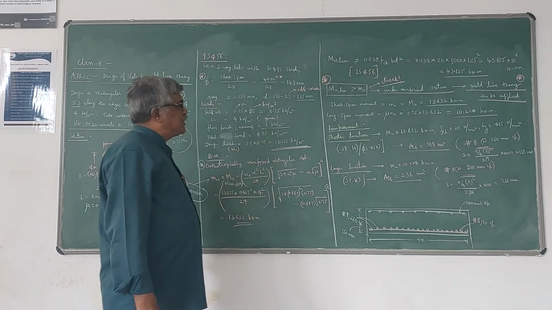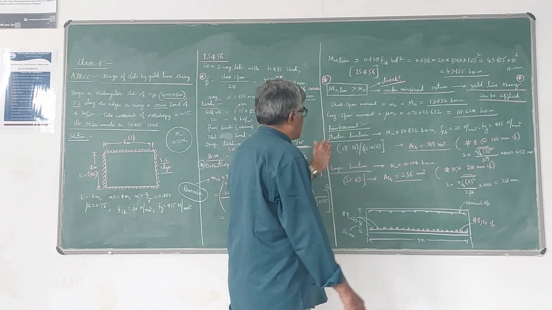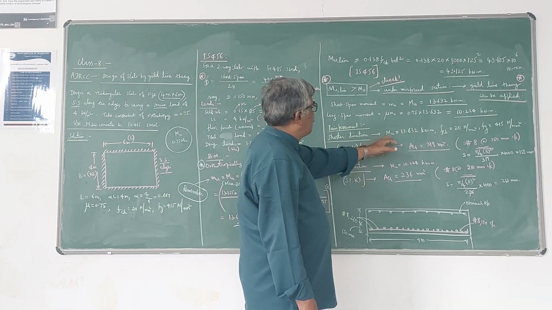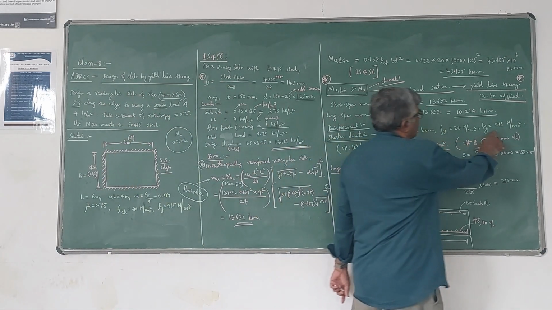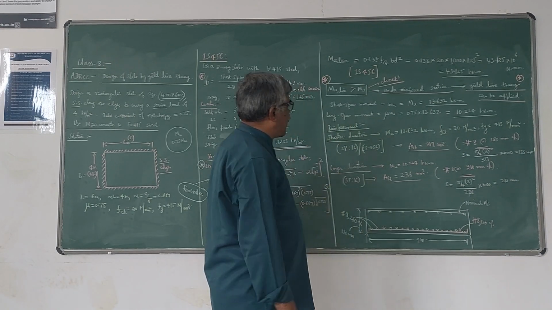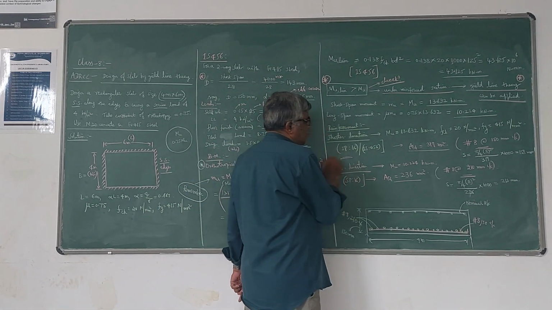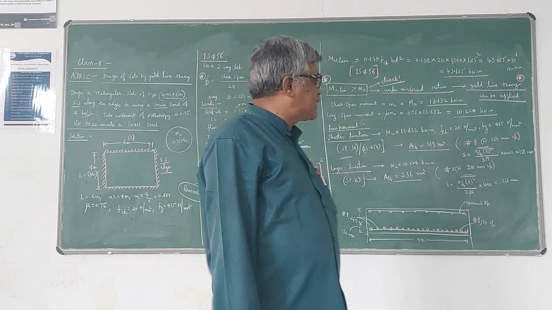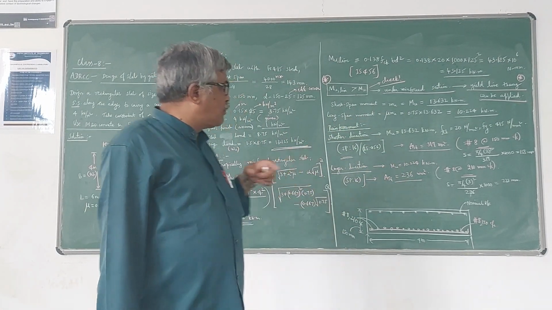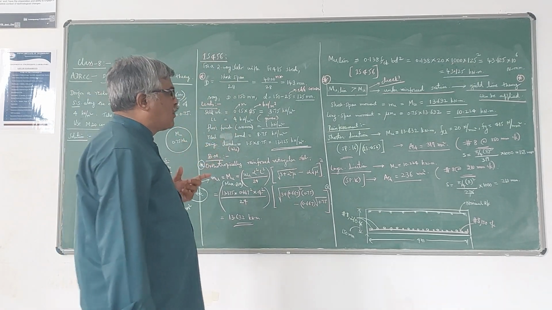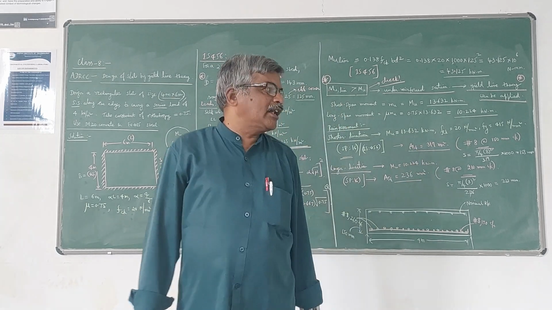Now the design runs like this, similar to your design of reinforcement in a two-way slab. So in the shorter direction, first let us design the reinforcement. The corresponding Mu in the shorter direction is 13.632, fck is 20, fy is 415. Now directly you can read the value of reinforcement from SP 16. Otherwise, you have to use the equation to calculate Ast from the code, and you have to solve that equation. It is a quadratic equation. By solving, you are going to get two values of Ast, out of which one value is admissible. In this case, you get Ast as 319 millimeter square.